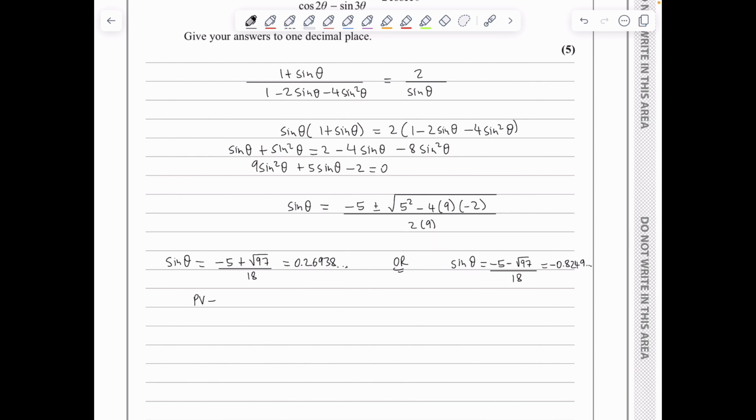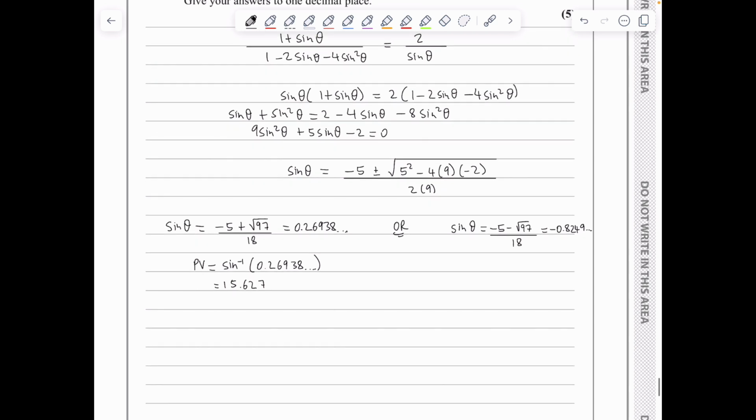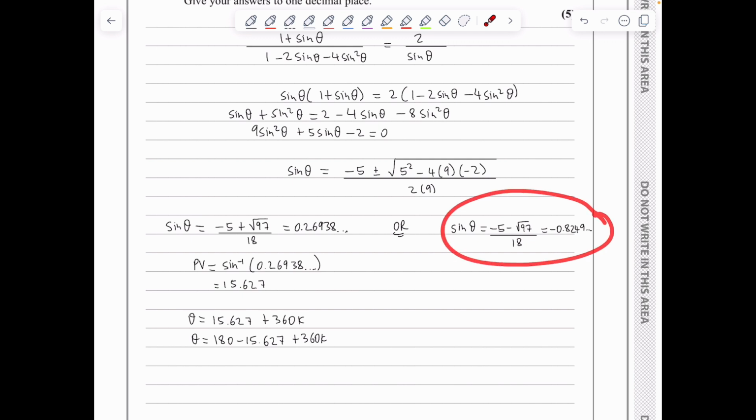So for the first one, the PV is shift sine of 0.26938..., which gives an answer of 15.627, and therefore we've got that theta is the PV, 15.627 plus 360k, or 180 minus the PV, 15.627 plus 360k, whereas for sine theta being minus 0.8249, the PV